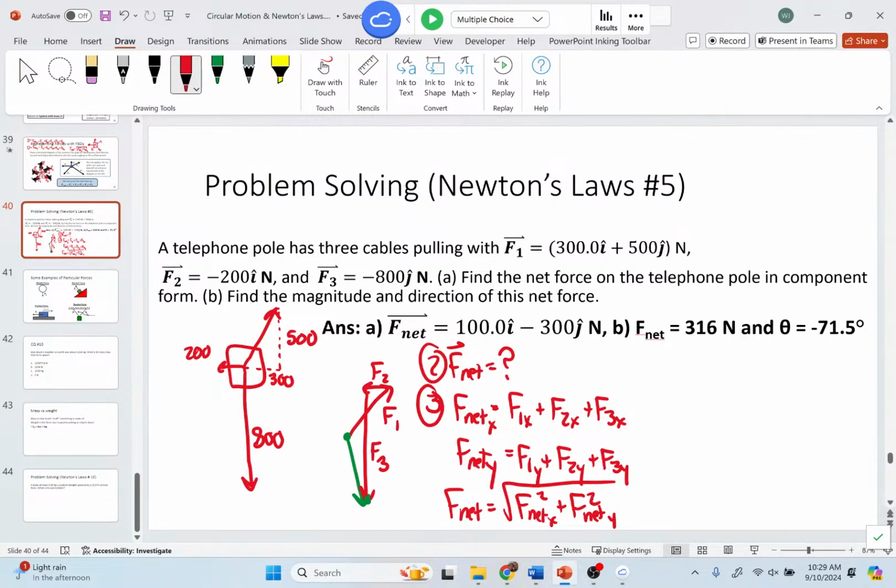And this is not an equation on the formula sheet. These are not equations on the formula sheet because this is not a physics equation. This is a math equation. This is break things into x components, add them up. If I am adding vectors, you break into x, add them up. Break them into y's, add them up. Hey, sure, what's up? To find the direction,